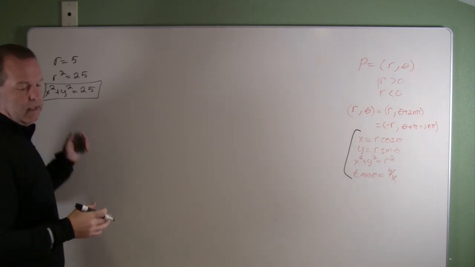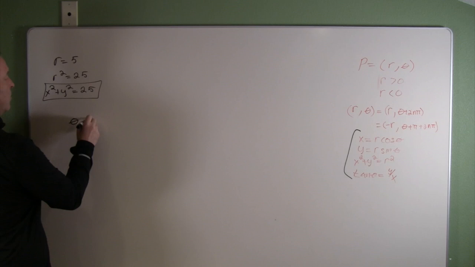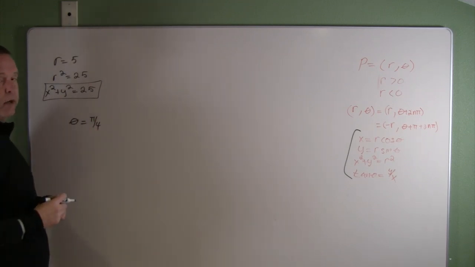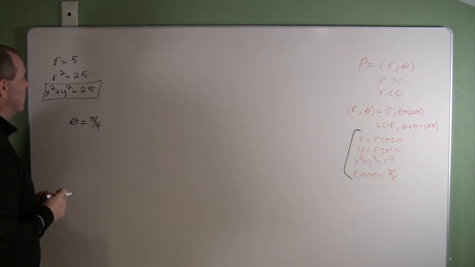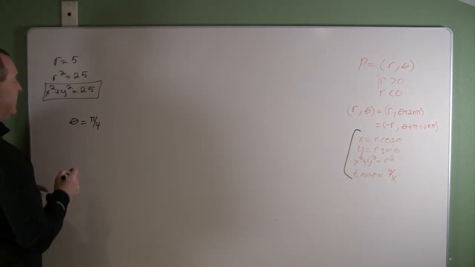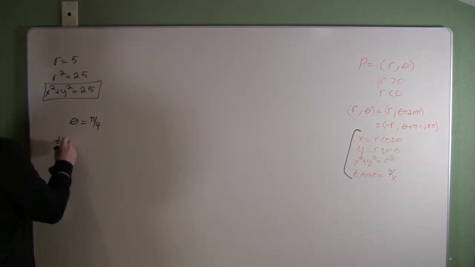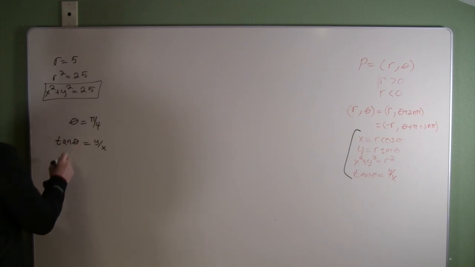Another example that I want to look at is if I have theta equals pi fourths. There's an equation in polar world, and we want to convert that to XY world. One thing that's useful for me right now is tangent theta. So I know that the tangent of theta equals y over x. The particular theta that I have is pi over 4, so the tangent of pi over 4,